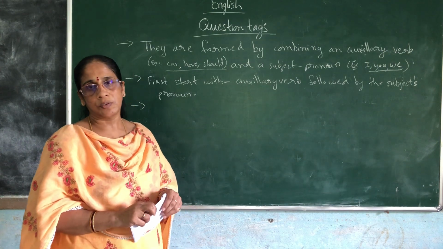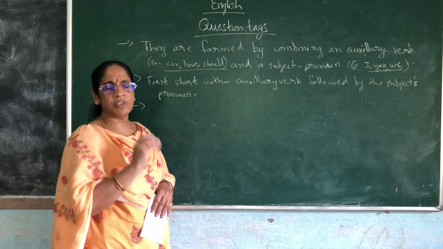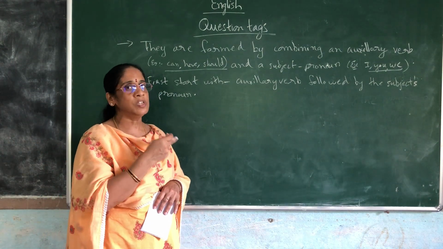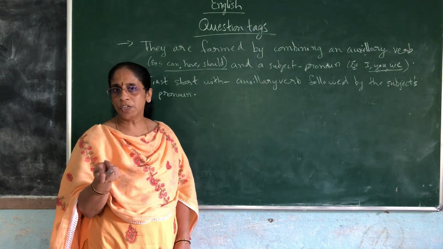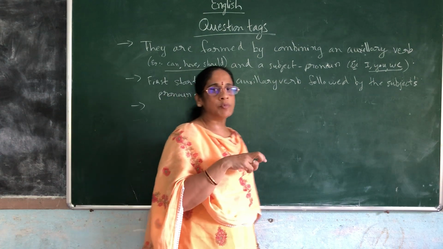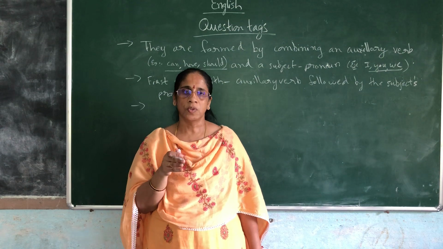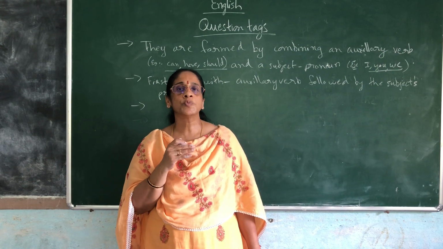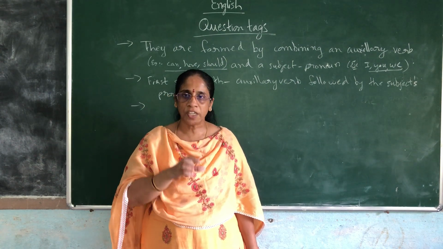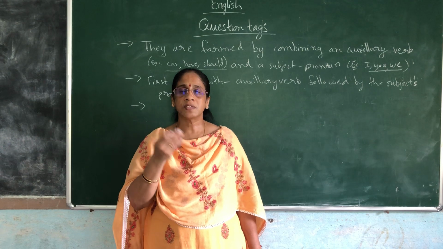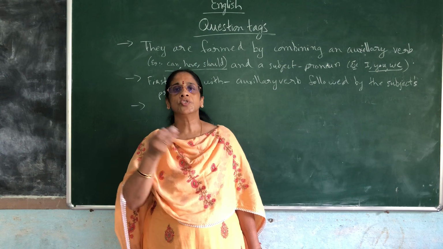Next, one more point to be clear. Some words are already negative, so the word not is not necessary. Just now I mentioned, for a negative statement you should use a positive tag, and for a positive statement a negative tag. But take 'I rarely come to school' or 'I never come to school'. Never indicates not at all. Already it is negative, so there you should use a positive tag. Where a particular word in a statement, like rarely or seldom, indicates a negative already, you should use a positive tag.